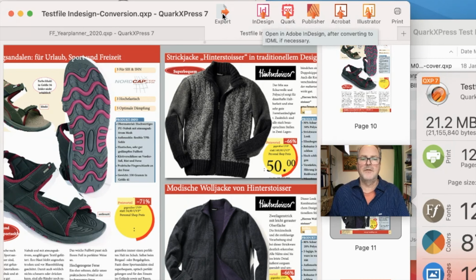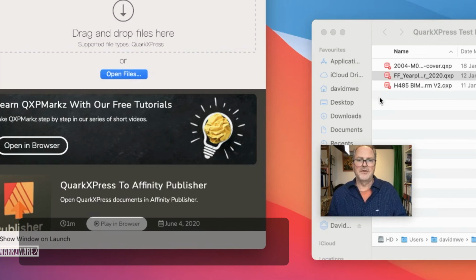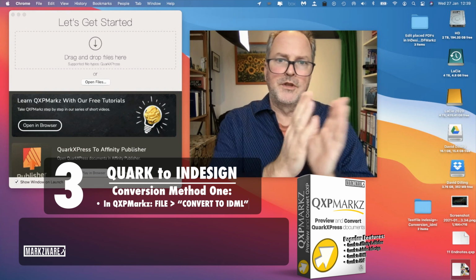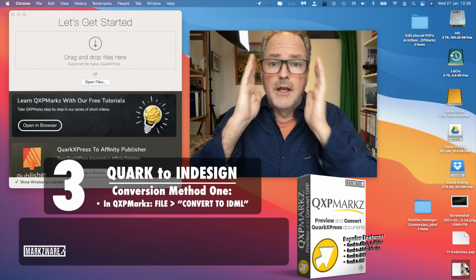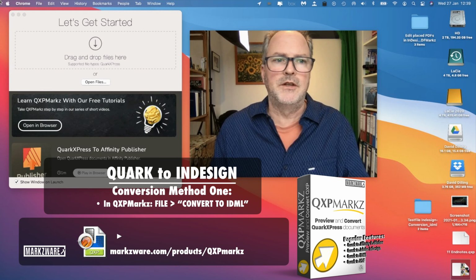Now just make note, you can also convert to Affinity Publisher or Illustrator, etc. All right, so now I'm going to get out of those. The third method I'm going to highlight to convert QuarkXPress to Adobe InDesign with QXPMarkz from Markzware is without the preview, just a simple, very fast and easy way to do it, and that's under